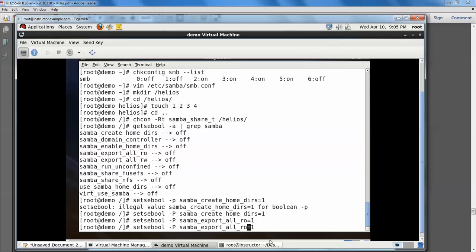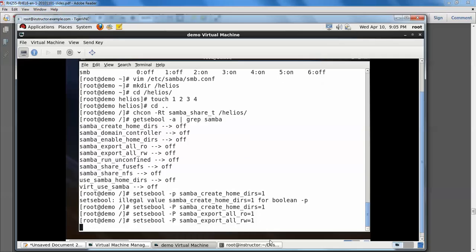Then after that read_write equal to 1. Then service SMB restart. So we are done on the configuration side.